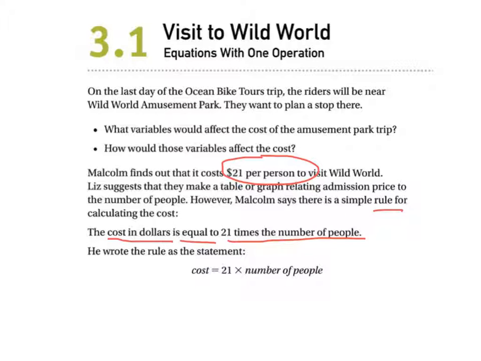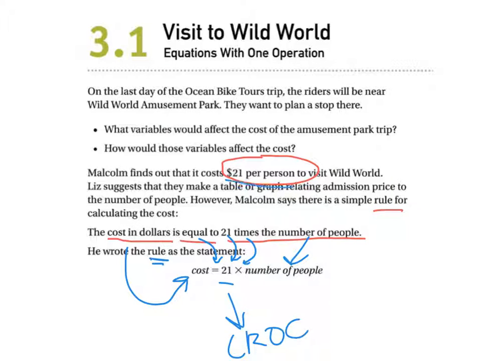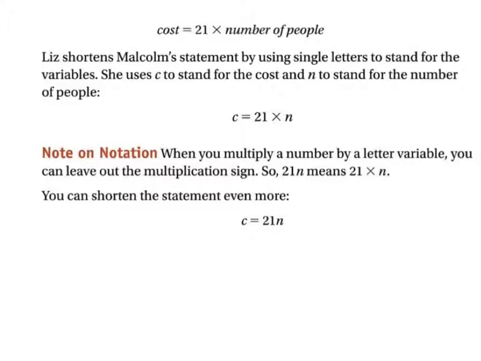So you can see, and we kind of know that because it does say $21 per person. You'll notice that when he goes to write the rule or the equation, he just pulls out that important information. So he has his cost is equal to 21 times the number of people. The 21 in this particular problem is our constant rate of change because it's always going to be $21 per person. So looking ahead, you'll see that here's Malcolm's original sentence, number sentence, or equation, because it has an equal